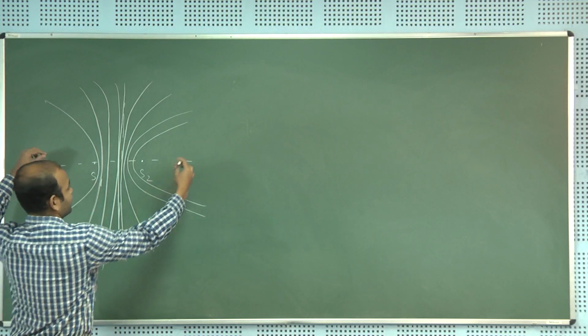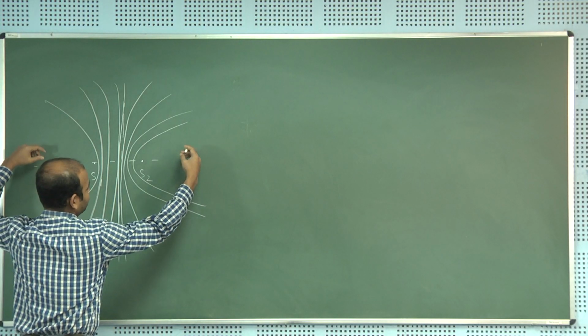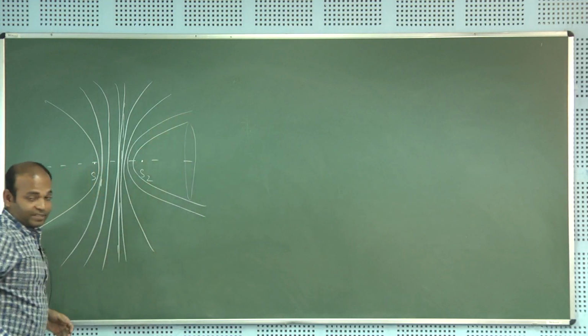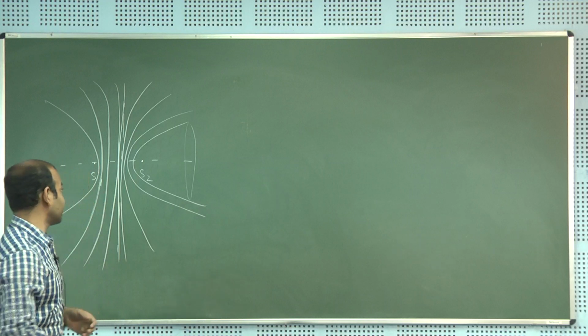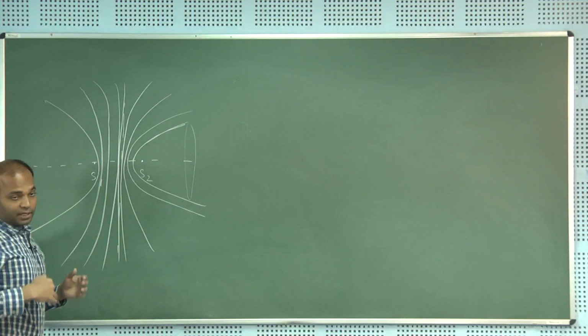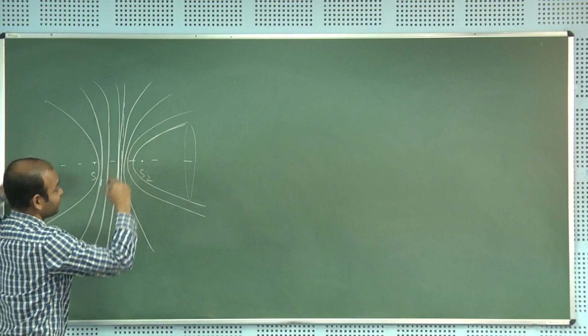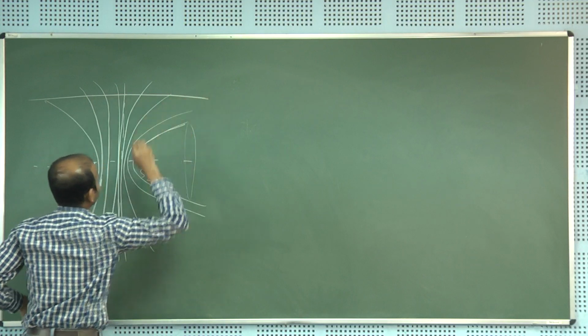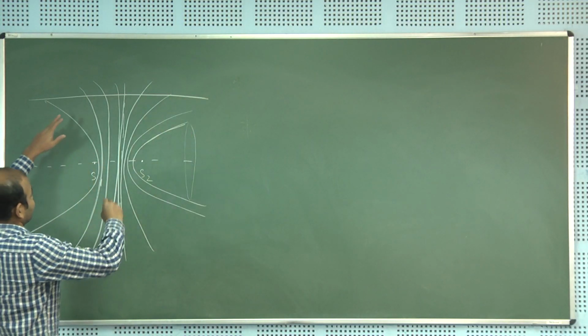If you make a revolution of this structure, you obtain 3 dimensional surfaces where the phases remain constant, and these give you how the fringes are distributed in 3 dimensional space. Then we can take different cross sections along different directions, and this we call